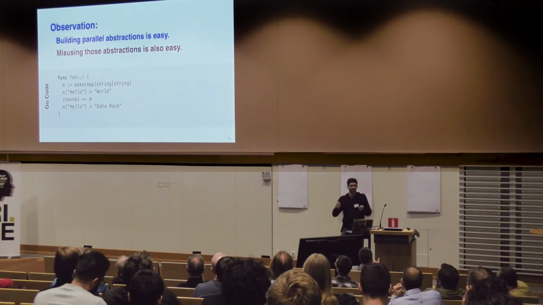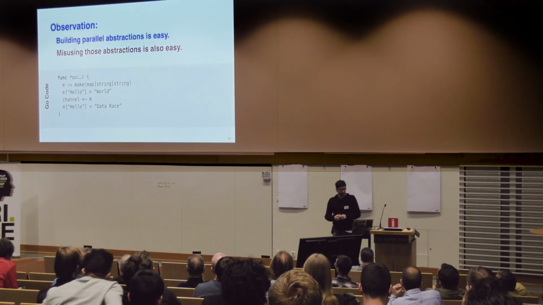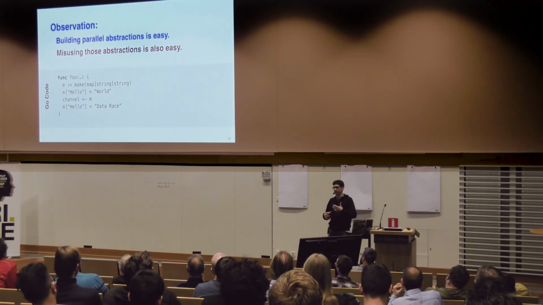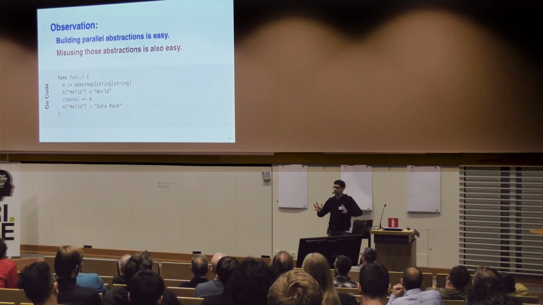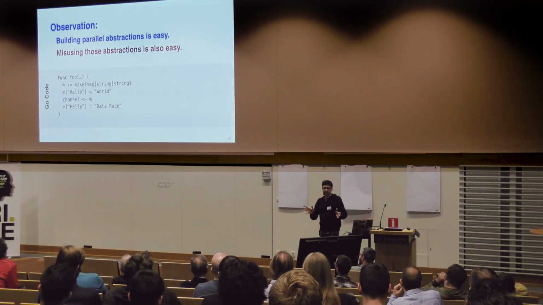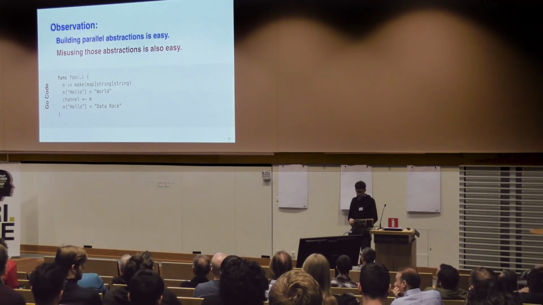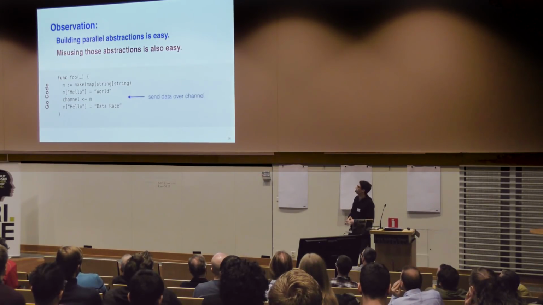That's kind of, in a sense, the easy part. But what it is not very good at is ensuring that people use them correctly, right? You can give people a wonderful API that makes parallel programming really easy as long as they use it right. But if they make even the slightest mistake, they get into trouble. And so this is an example from Go. I'm not really picking on Go. It's pretty typical for any language that has shared mutable state, I would say, except for Rust.